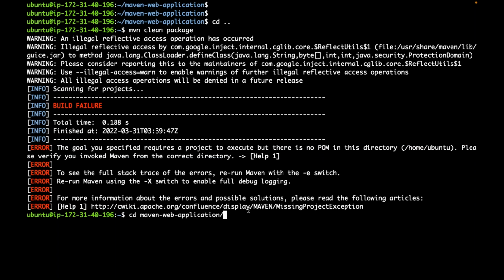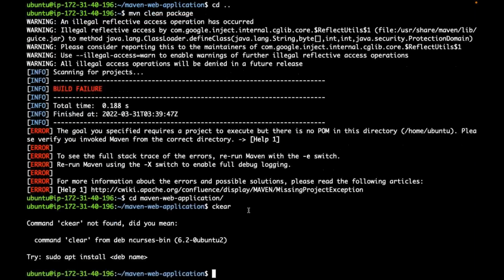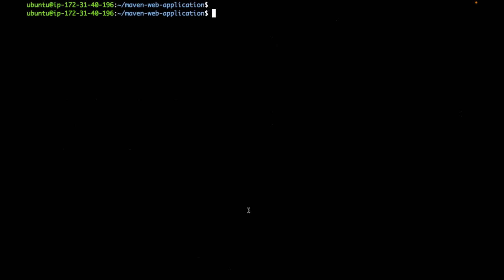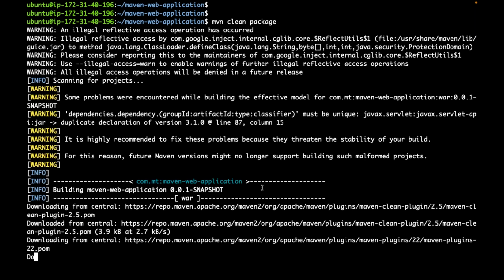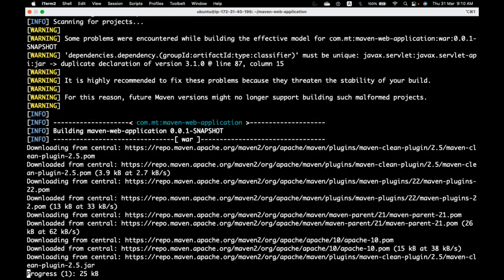So don't do it that way. I am inside this folder. Now, can I execute this command mvn clean package? So using that pom.xml, it will build the application package. For the first time it is doing,